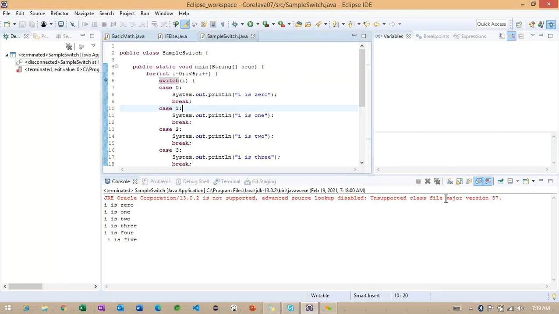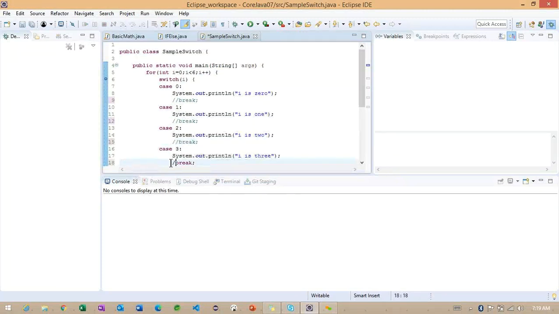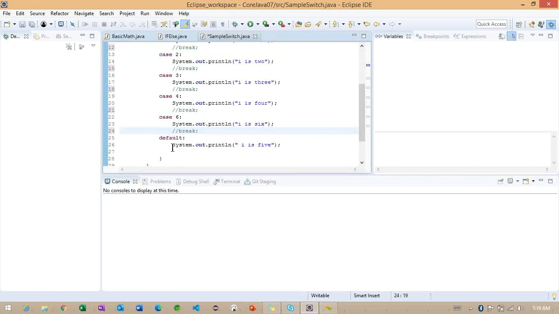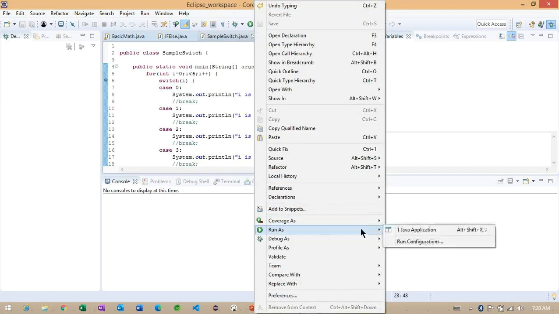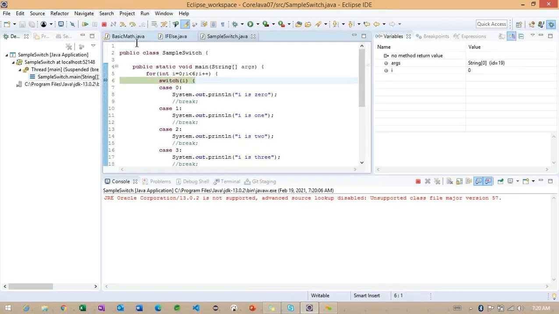Now let me click on F8. So I want to remove the breakpoints here. So all the breakpoints I'm trying to remove. So we'll check how exactly it is working here. Observe carefully. We'll run one more time in the debug mode.